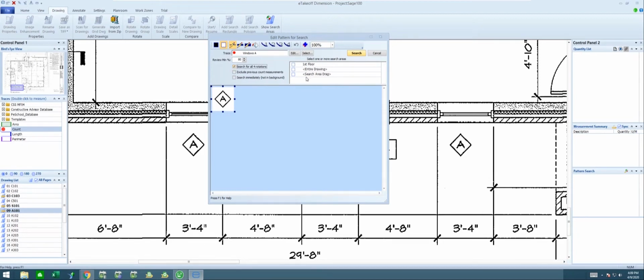Over here on the right side, you can tell it what pages to look through. And this is one of the things that's very, very powerful with this product: I can actually go through multiple pages at the same time. So if this was a 3-story building, I could say, look through the 1st, 2nd, and 3rd floor all at the same time. The entire project, probably not, because I don't want to look through all the specs or all the other information. So maybe if I look for a reference, maybe. But in this case, I'm just going to stick with my 1st floor.